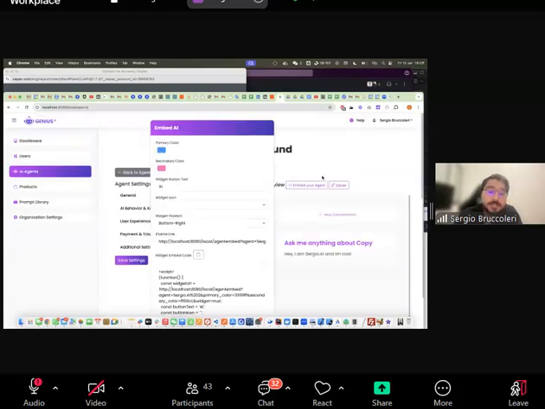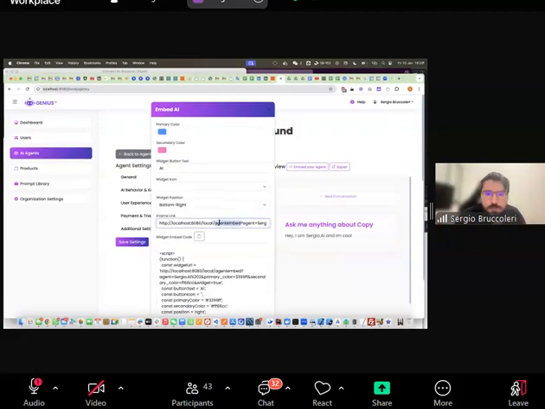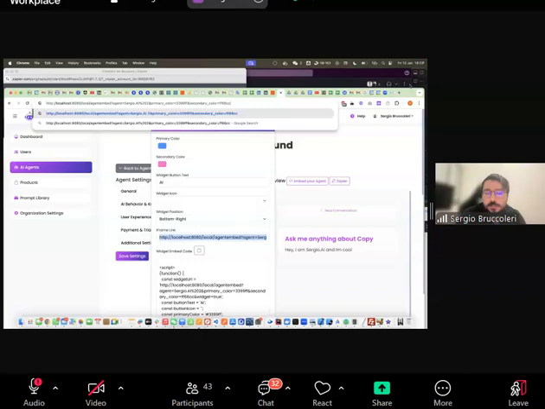Or there is another way you can do this. You can embed this agent, right? And I'm going to show you a few ways you can do this. You can do this through an iframe. So if you're not familiar, an iframe is just a way of embedding content into another web page. So you come in here